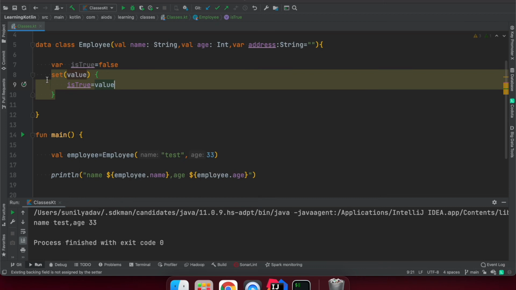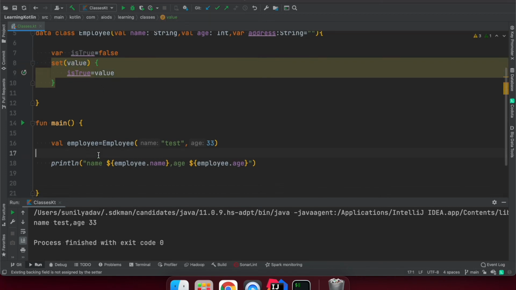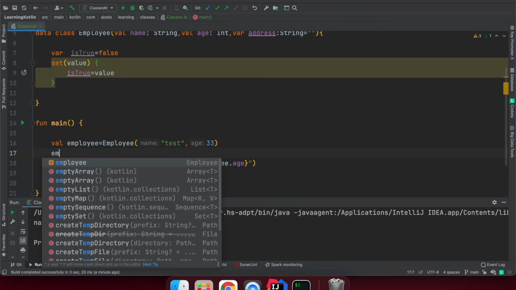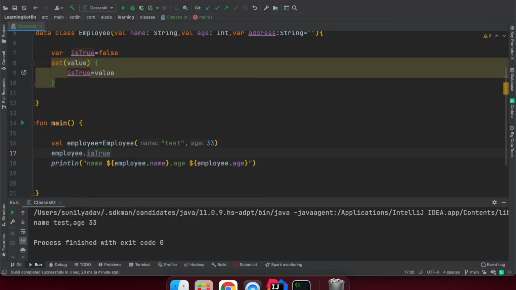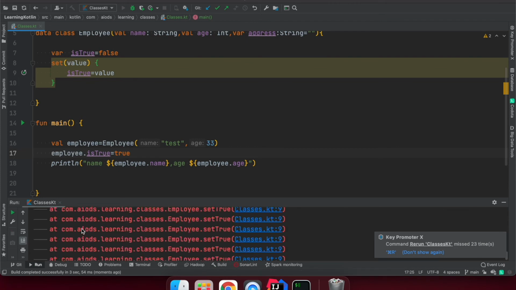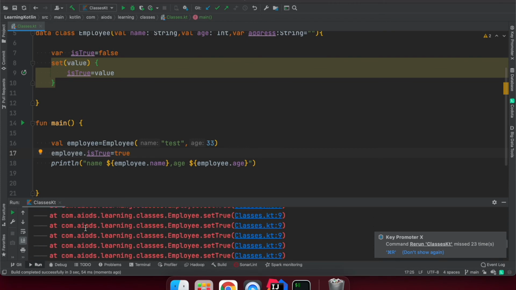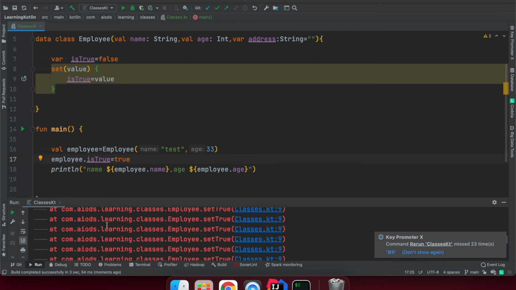So whatever value is coming in this setter method, I am going to set it. So let's run it and see if it is working or not. So employee dot isTrue is equal to true. Okay, so let's run it. We will see a Stack Overflow error, because if you see, right, I'm getting a Stack Overflow error.